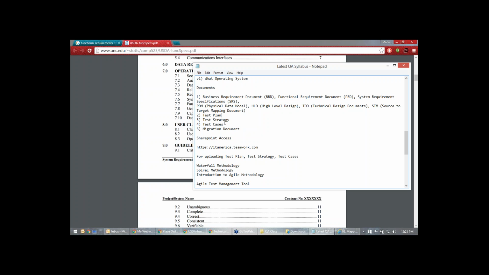Okay, so the test plan contains all the information. It's a high-level document prepared by the QA team, to be specific, the QA lead. So you will be giving inputs like what needs to be tested and all the information about it. Normally you don't prepare it, but if you have to prepare it, then you have to, right? You don't have a choice. So you have to prepare it, even as a QA tester. But normally it's the job of the QA lead.